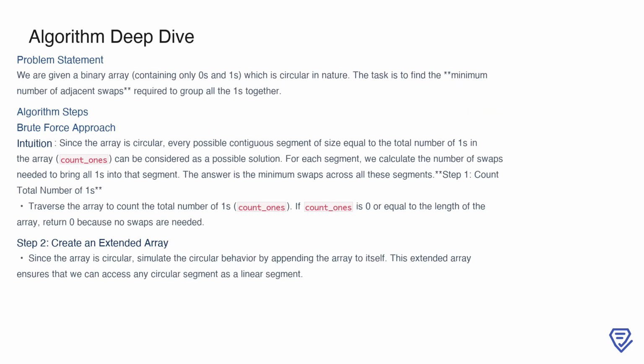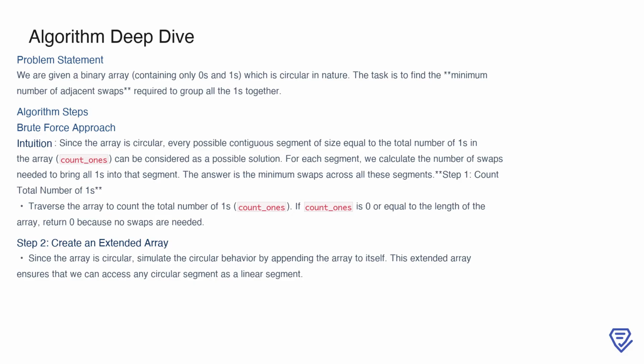The problem involves a binary array that behaves in a circular manner. Our goal is to determine the minimum number of adjacent swaps required to group all the ones together in the array. Now, one way to approach this is through a brute force method. First, we calculate the total number of ones in the array, which we'll call count_1's. If count_1's is 0, or if it equals the length of the array, no swaps are necessary, so we can